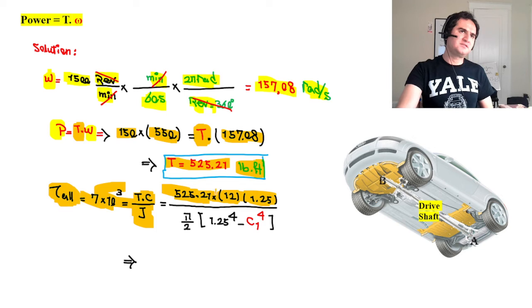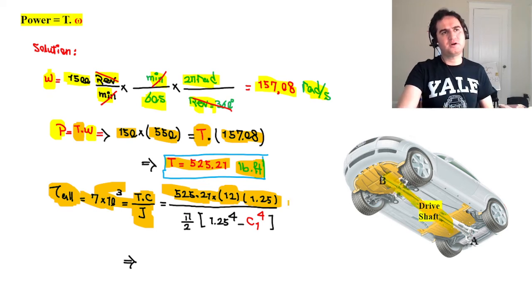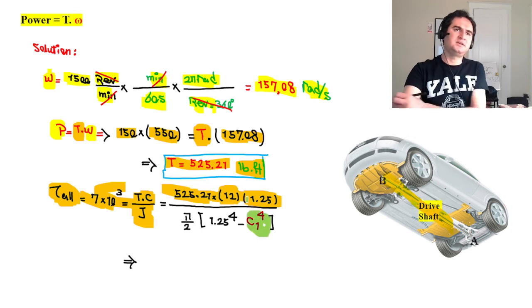Let's convert that feet to inches, which is 12 times, times the outer radius of the shaft itself, where the diameter was 2.5 inches, so 1.25 inches, over the polar moment of inertia. The only unknown for this part is c1, the inner